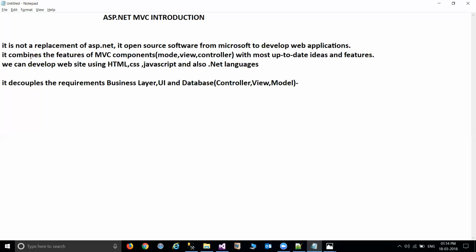If you look at the history of MVC, it starts from MVC 1.0, which was released in 2009 with the .NET Framework 3.5 and VS 2008.